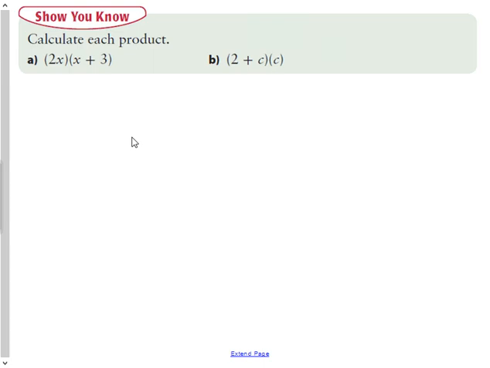Okay, grade 9, chapter 7.2 in your book on multiplying monomials by binomials, which is really strange because I just had my grade 8s in here and we're working on